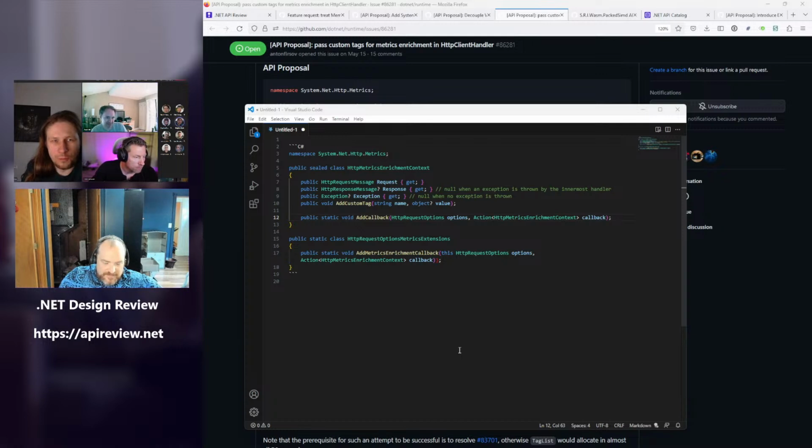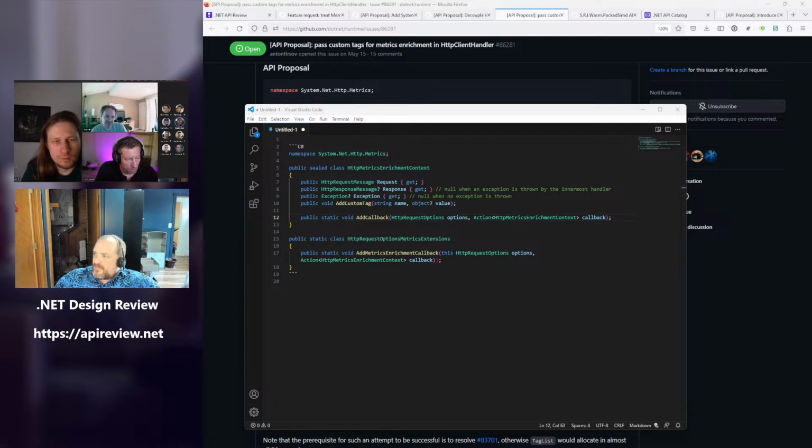And so if the group consensus is, nah, let's avoid extension methods, let's do static instead, it's fine by me. I don't have a strong opinion on the extension versus not, but for a feature that is as niche as they come, not saying it's not valuable, but in terms of the people that need to interact with it, I agree. This will show up. All it takes is to dot off of request options and have the namespace included.